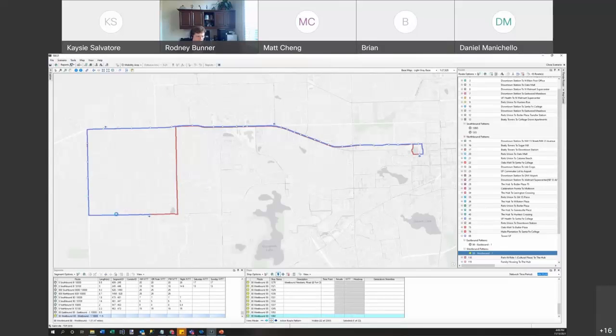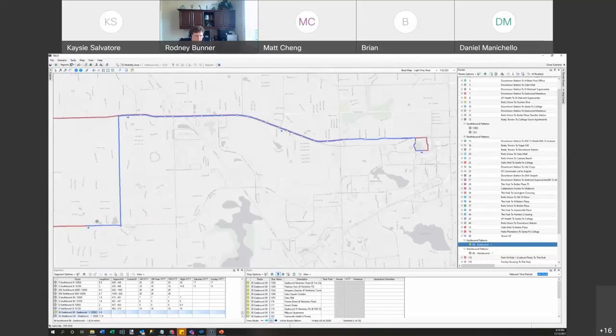All right, so let's pick up some stops. We're just adding stops kind of at intervals. And at the very end of the pattern, we want to add a stop as well. So that gets added, and I think that's a pretty good coverage for this route. So I think we're in good shape here for the westbound. Now we want to do the same for the eastbound and add a stop at the very beginning